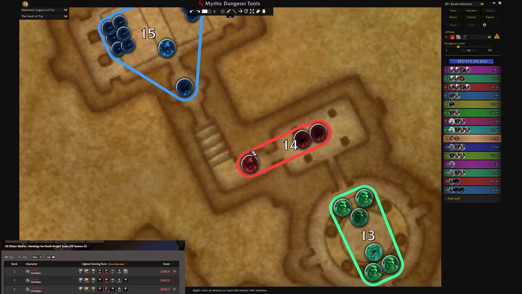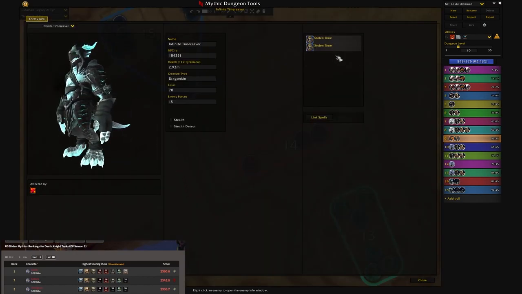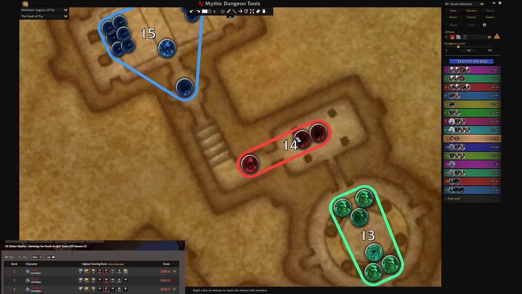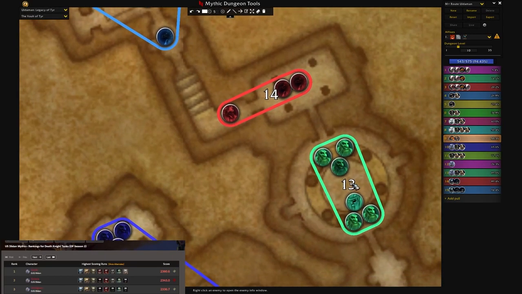Now, this next pack is the hardest part of the dungeon, I would say. These Time Reavers will do Stolen Time. They'll reduce your haste, and you'll get a mean dot on you. The dot will one-shot you eventually if it keeps stacking up higher and higher. You want to kill them fast. Your top prio. What I like to do, I like to kill golem first, kill this, kill golem,